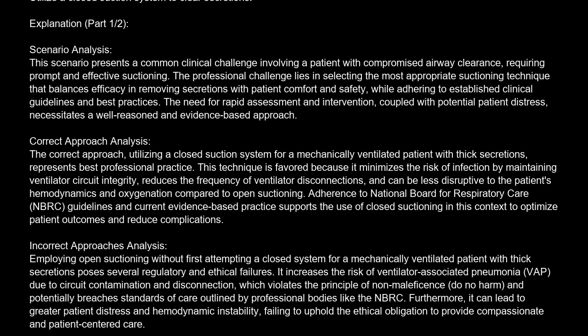Incorrect approaches analysis. Employing open suctioning without first attempting a closed system for a mechanically ventilated patient with thick secretions poses several regulatory and ethical failures. It increases the risk of ventilator-associated pneumonia, VAP, due to circuit contamination and disconnection, which violates the principle of non-maleficence, do no harm, and potentially breaches standards of care outlined by professional bodies like the NBRC. Furthermore, it can lead to greater patient distress and hemodynamic instability, failing to uphold the ethical obligation to provide compassionate